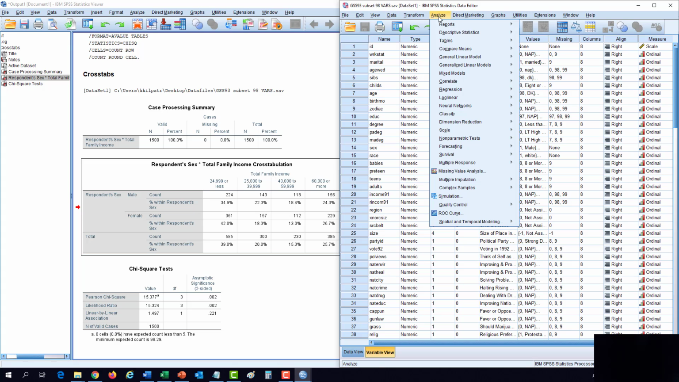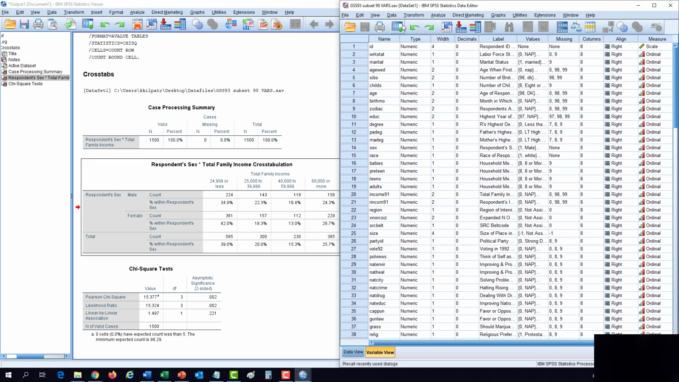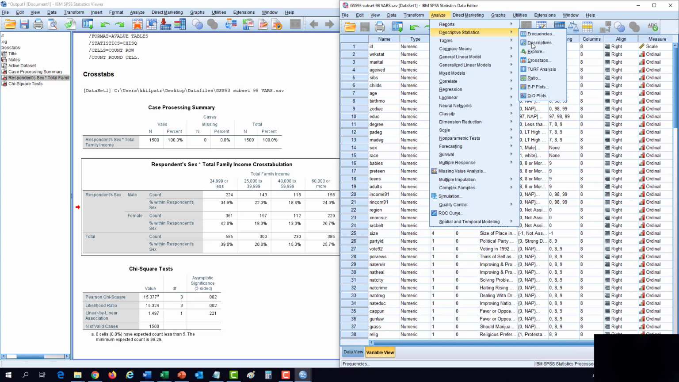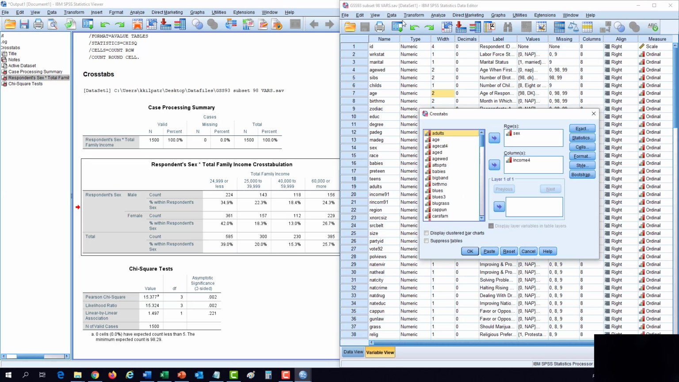I could go to Analyze, Descriptive Statistics, and Crosstabs and pull this thing up, but I'm going to show you something else now. See this button? It's a dialog recall button. What it remembers is everything that you've done in your current session of SPSS. So instead of going here, here, and here, you can just click that and click Crosstabs and it will pop back up. This button is a very good friend of yours because you're going to do a lot of